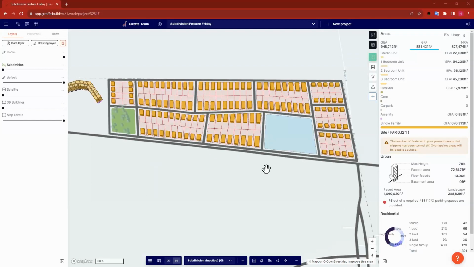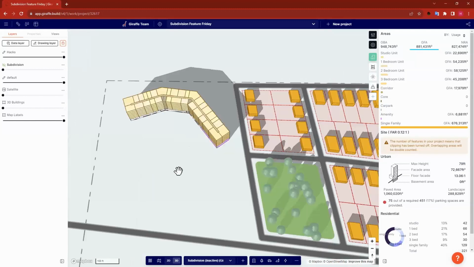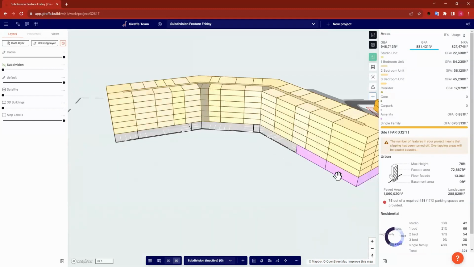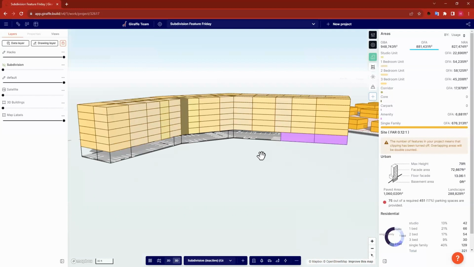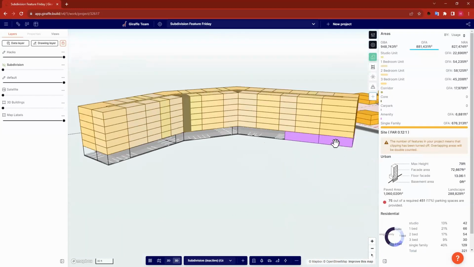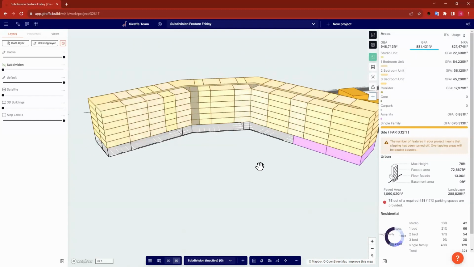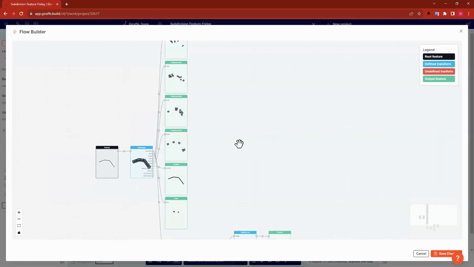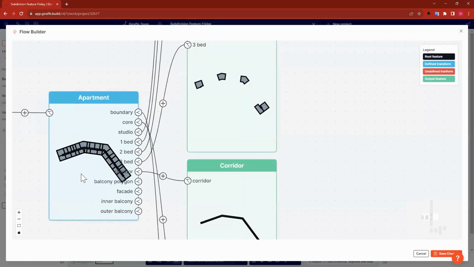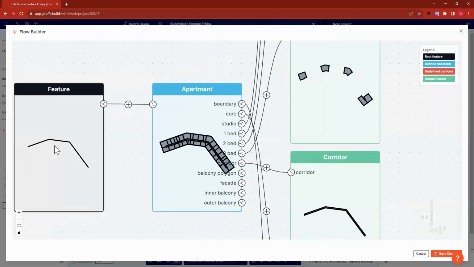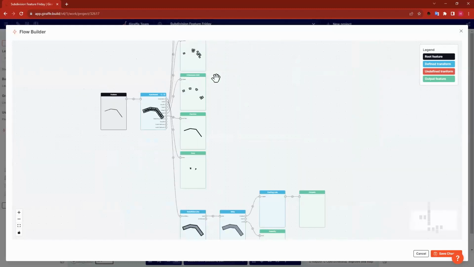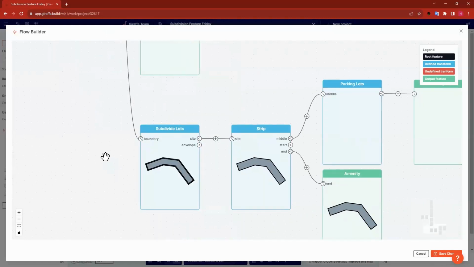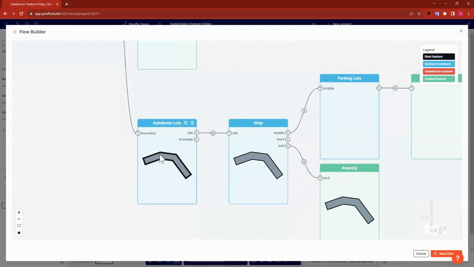There we go. So the first one I want to show you is I have combined the subdivision algorithm and the apartment algorithm to create a podium for this building that is partially amenity and partially parking. So if I open up the Flow Builder and see how all of this is put together, I of course start with my apartment algorithm, which is just applied to a line feature and then creates all of my units. But I also get this boundary output that allows me to create a podium that matches the boundary of that